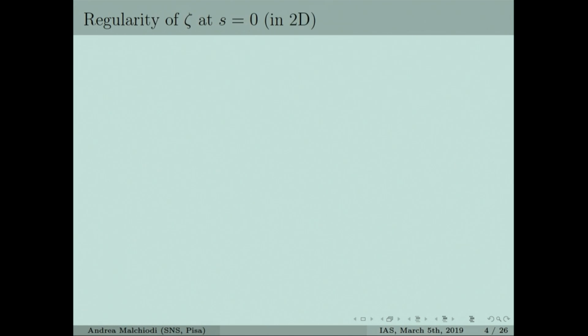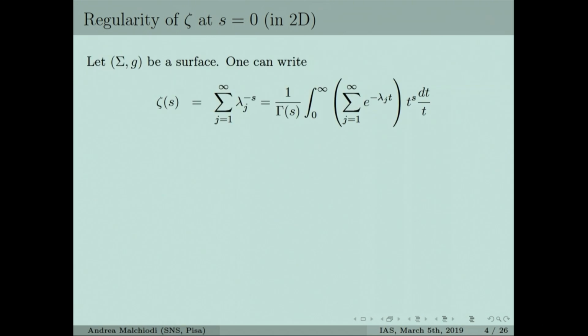In fact, this is a regular function if you take the meromorphic extension in s. So why is that? You can write the zeta function in this way. The sum of lambda j to the minus s can be written in terms of an integral involving the gamma function. And you can view this operator as the trace of e to the delta t, so of the heat kernel. So basically, you apply the heat kernel on the eigenfunction phi j, and then multiply by phi j